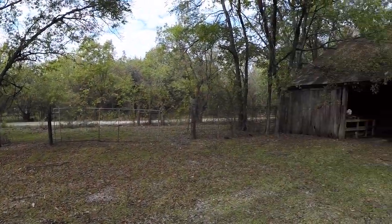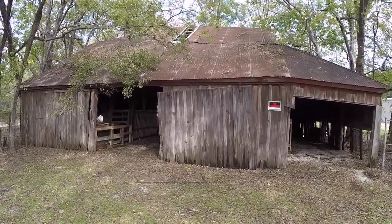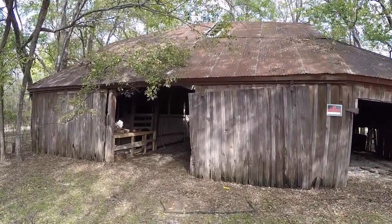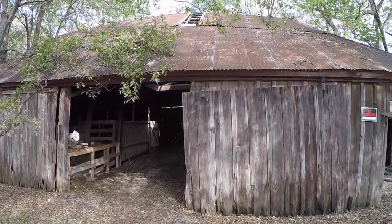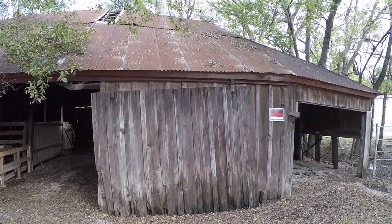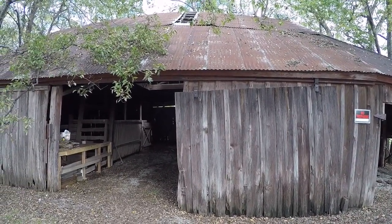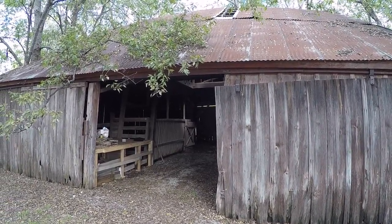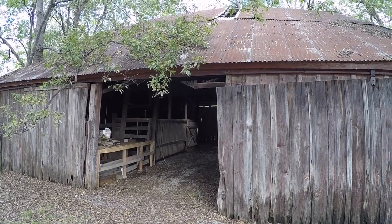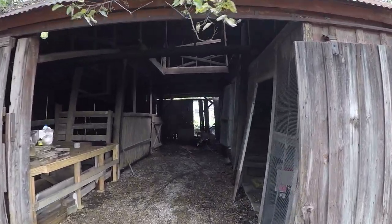You saw the vultures there at the beginning of the video. If you've watched I think the first or second video, I showed some pictures of those back in the spring when I first bought the property, and how they were hanging around. Now that video of the vultures was a couple of days ago, and I haven't seen them since then. But anyway, I don't really mind them being here, I guess. And then there's an old gray cat that came out here the other day, and it was hanging out on top of